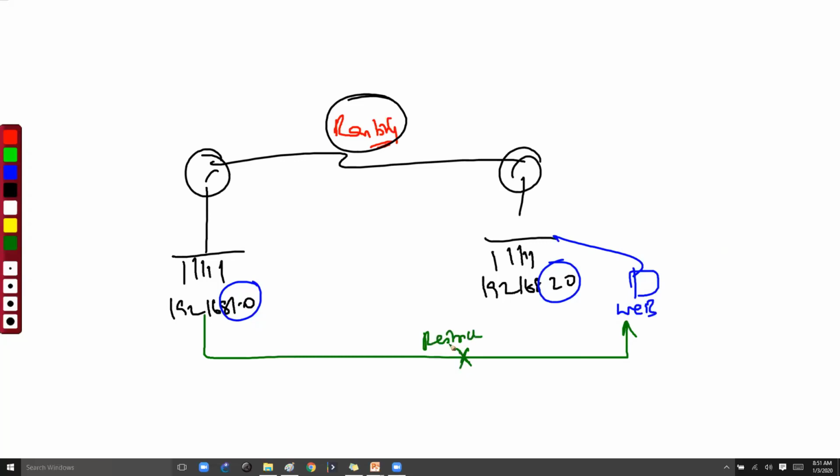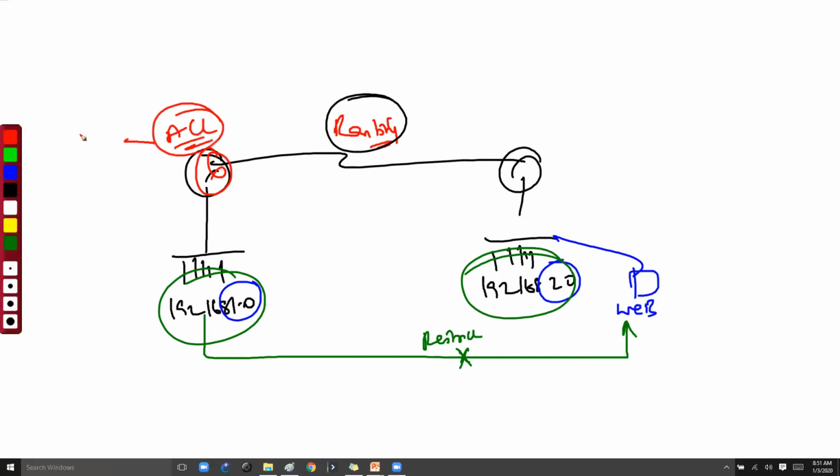I don't want to allow the traffic, because by default when you do the routing, automatically the communication starts between all the devices in this network as well as in this network, but you want some specific traffic not to be allowed. So what I can do is go to the router, either this or that router, and configure the ACLs. Now the ACLs are like some rules, and when the traffic is going, it is going to check those rules and say that okay, if this rule matches and it says permit, I'm going to permit, and if this rule matches and it says deny, I'm going to simply drop the traffic.